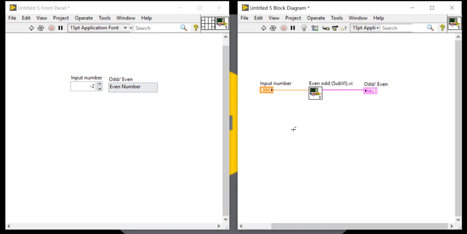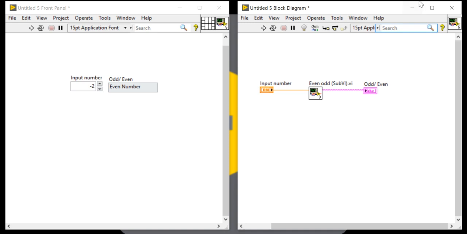If the number is greater than 0, the number is positive. If the number is less than 0, the number is negative.